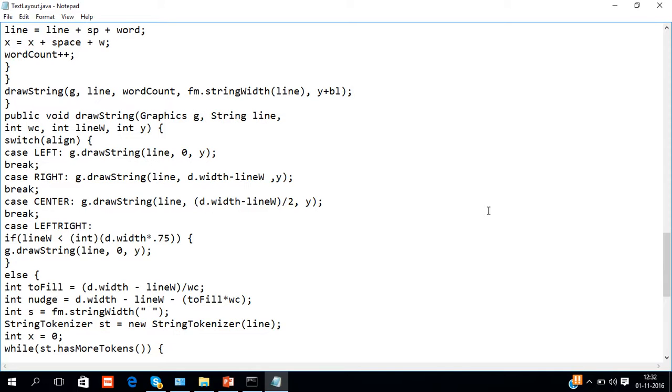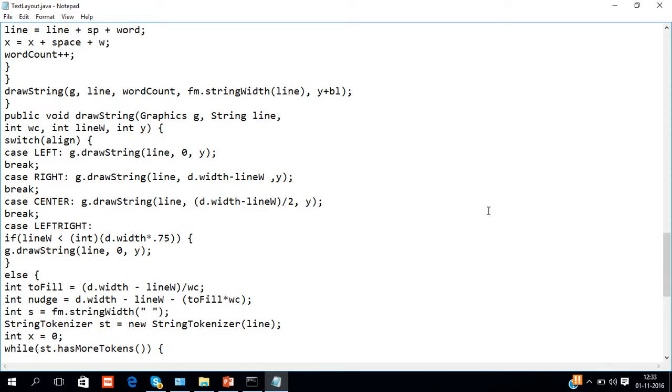In the program, the string to be justified is broken into individual words. For each word, the program keeps track of its length in the current font and automatically advances to the next line if the word will not fit in the current line. Each completed line is displayed in the window in the currently selected alignment style. Each time you click the mouse in the applet's window, the alignment style is changed.